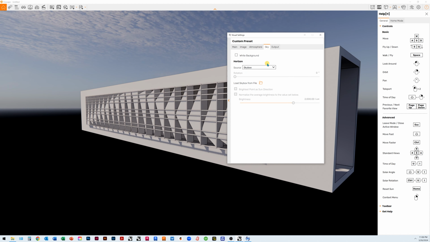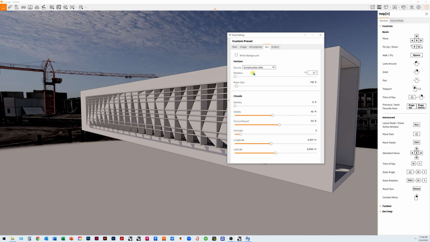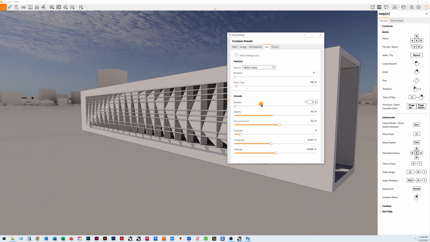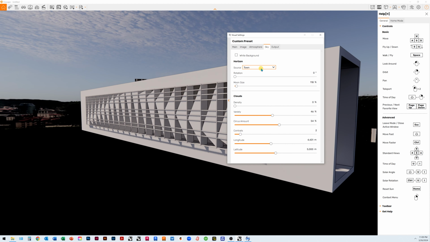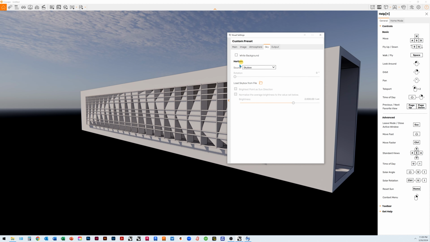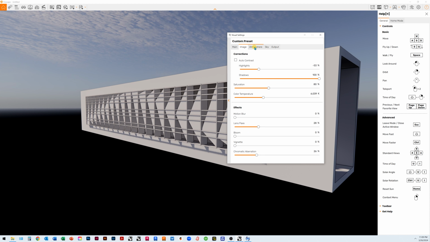So skybox gives you some clouds, desert, construction site, white cubes. Sometimes people use white cubes to make it look like you're in an urban environment. White ground, urban, town. They're a little cheesy, but they can be useful. But like I said, I typically use white background. I'm going to leave it on skybox for right now so I can show you a couple of the other elements under, let's see, where did,